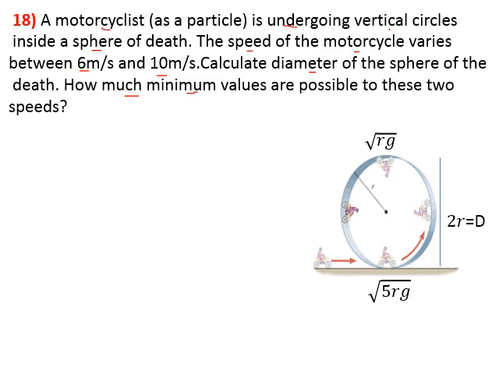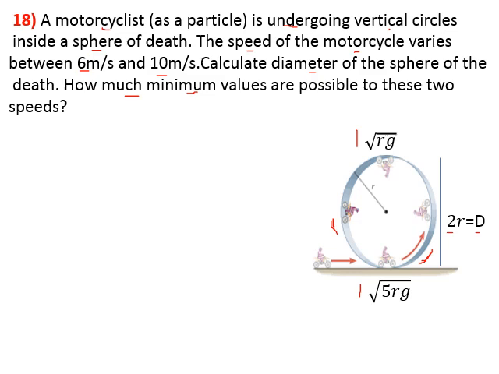This is supposed to be an example of vertical circular motion. When motion is in the upward direction, it is opposed. When it is in the downward direction, its motion is in the direction of gravity. So in the upward direction speed decreases, in the downward direction speed increases. बरोबर आहे ना, हे सगळं बघितलं होतं आपण. And 2r is nothing but the diameter. So this is the speed at the lowest position. This is the speed at the topmost position. आठवतंय सगळं? Now how to find out this diameter?